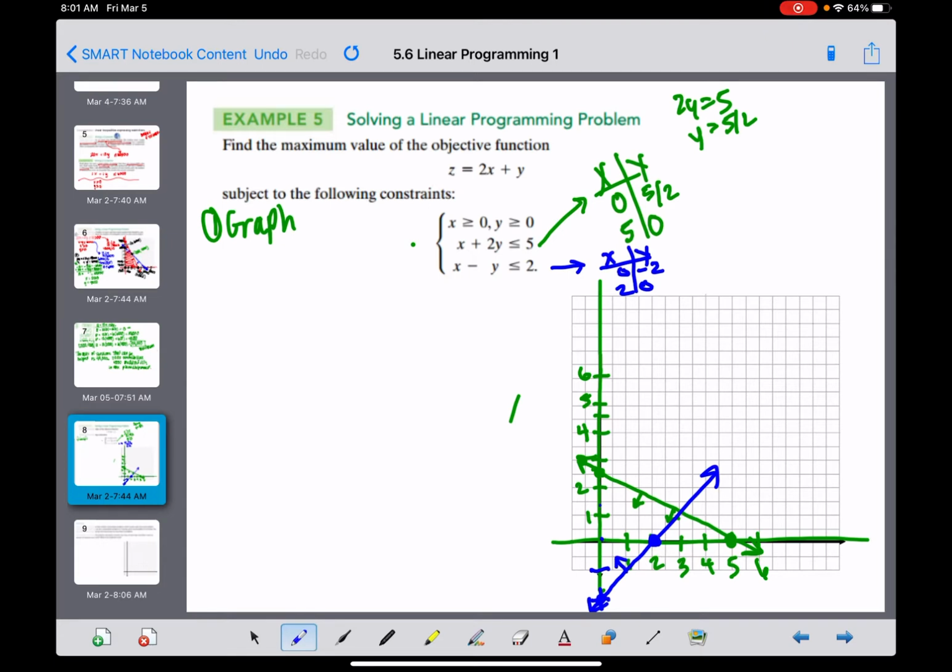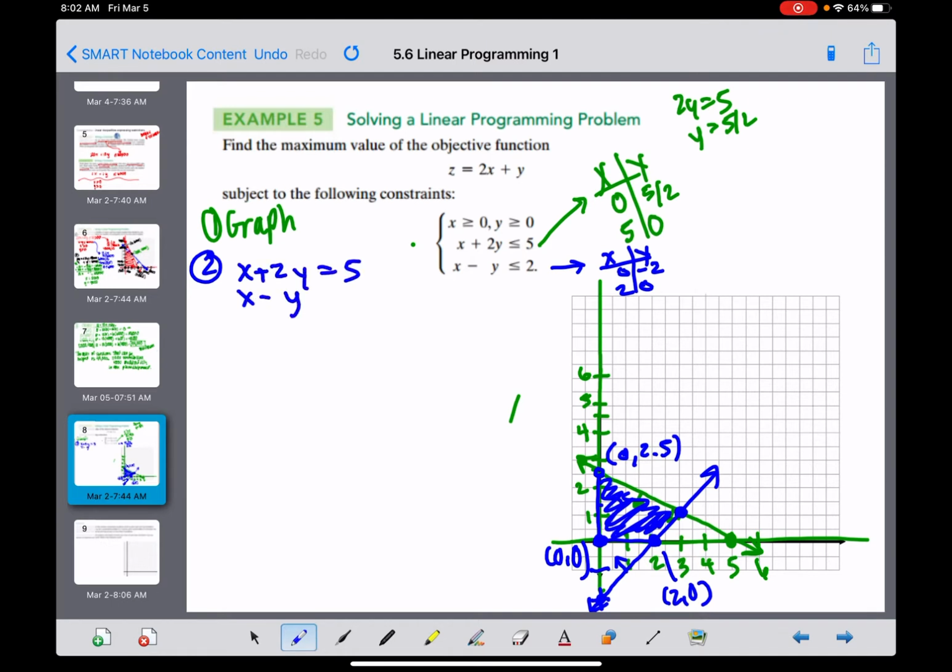Okay, and then the x's have to be greater than or equal to 0, and y has to be greater than or equal to 0, so we're in this shaded region here. Because we have to be below the green line, above the blue line, and inside. So x and y have to be positive. Okay, so now the second thing we want to do is find our corner points. So this one over here is 0, 2.5. This one is 2, 0, and then we have 0, 0, and we need to solve our system to find that last one. So those two lines,